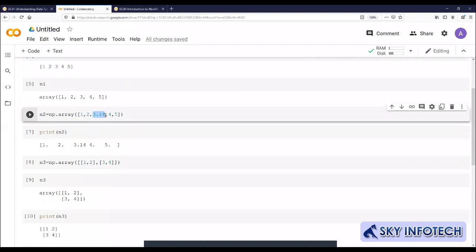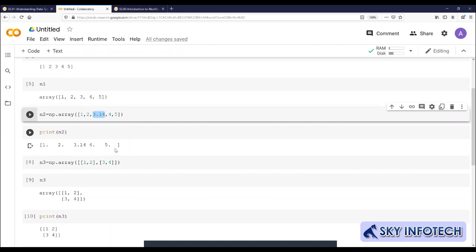Yes sir. Since you have declared it as a NumPy array, and there was one float value present, due to this float value, all of the array was converted by default into float. Okay sir.